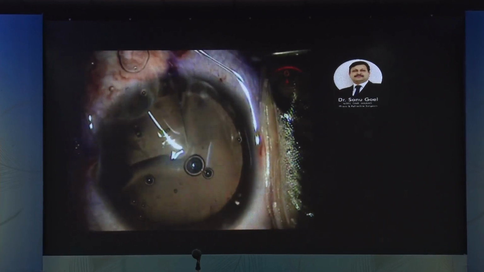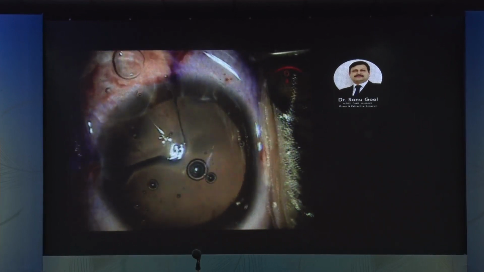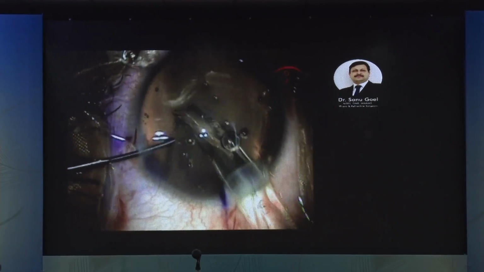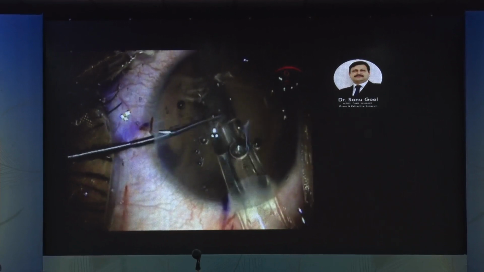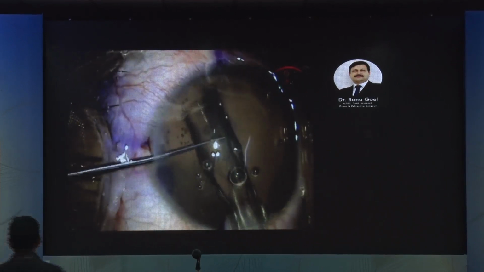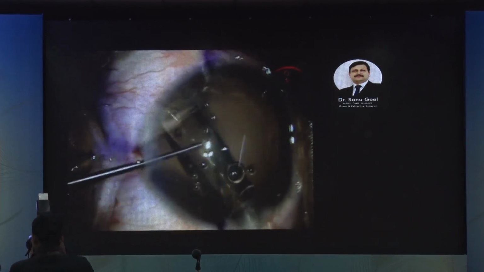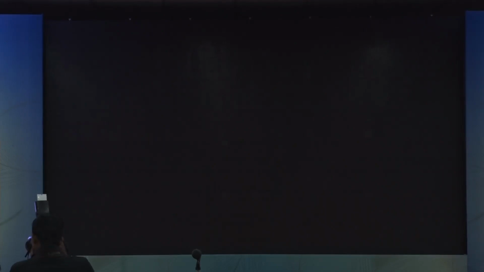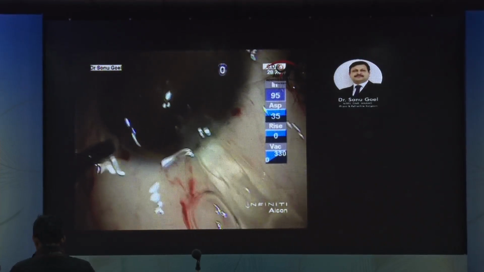Believe me, the Collamer is a very soft material and it comes out very easily. The way it goes, it comes out easily. So even if you have an ICL moving in the reverse way, you can easily pull out the ICL, reload, and you can re-push the ICL in the same direction. In the paucity of time, I have a huge library here of the nightmares.